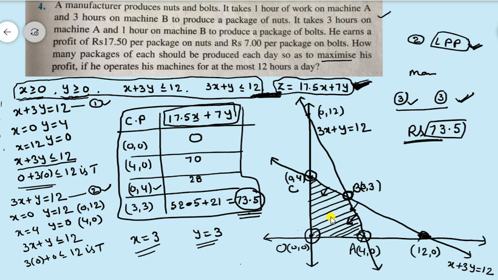So we have to read the question. After reading the question, we have to make it a mathematical formulation. That mathematical formulation we have to solve graphically. You will get the feasible region. For this feasible region, we have to identify the corner points. Those corner points we substitute in the objective function, and you will get the maximum, because in the question he is asking for the maximum. That's why we are getting maximum when x is equal to 3 and y is equal to 3. So that is the way to proceed with linear programming problem questions. I will try to discuss some more questions.